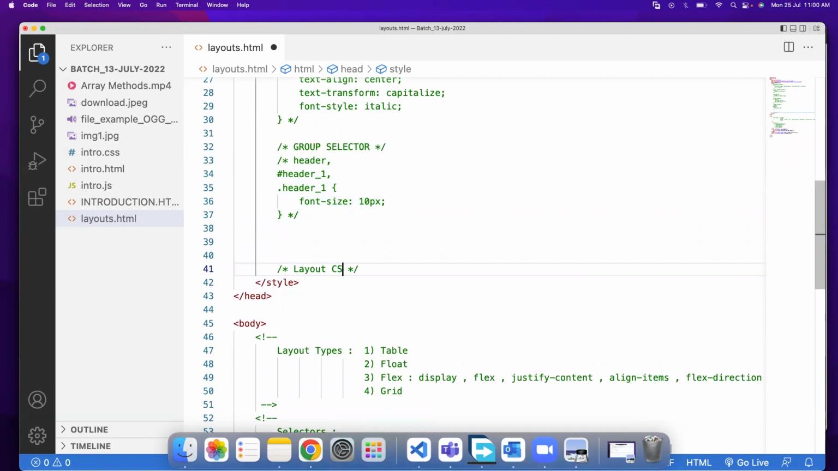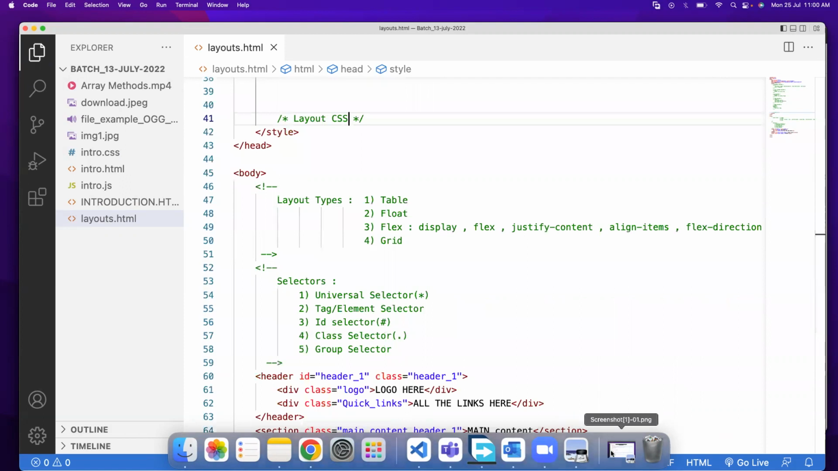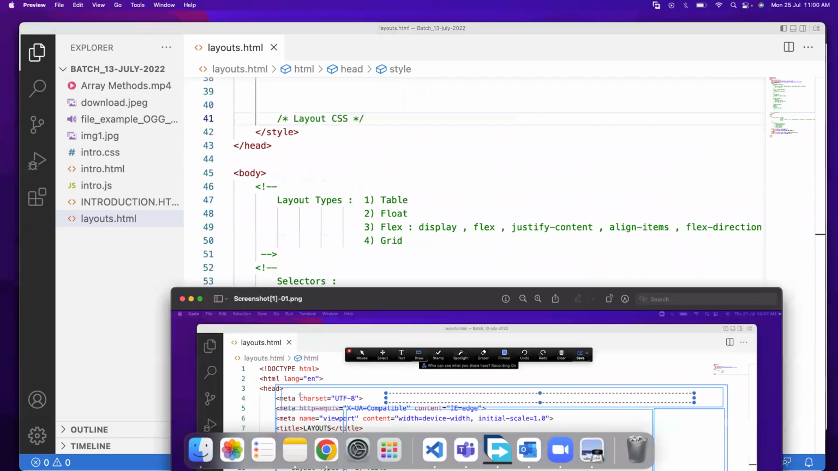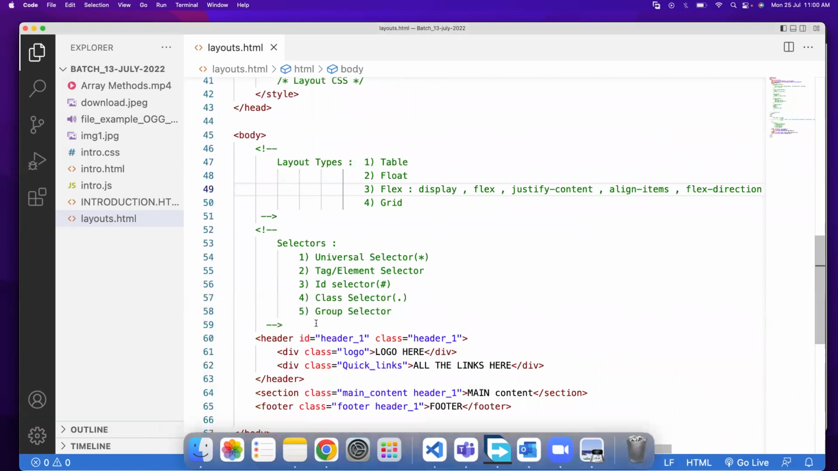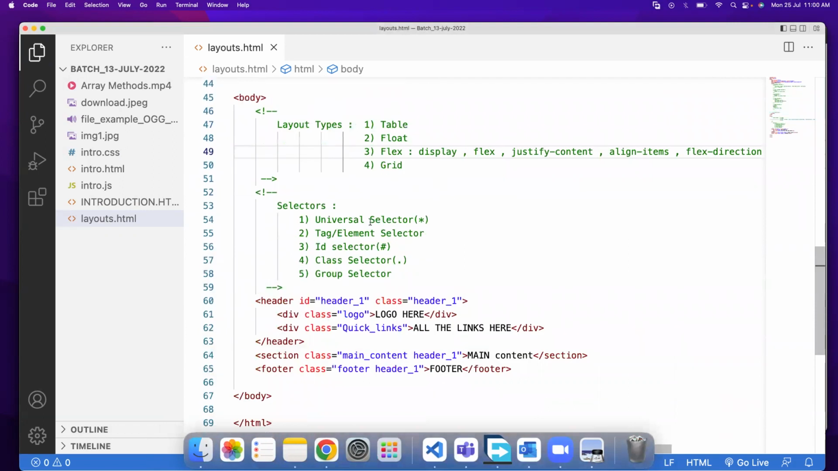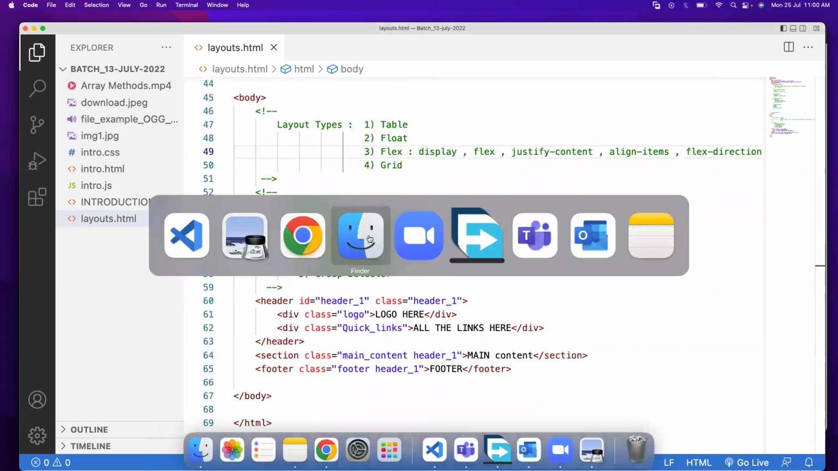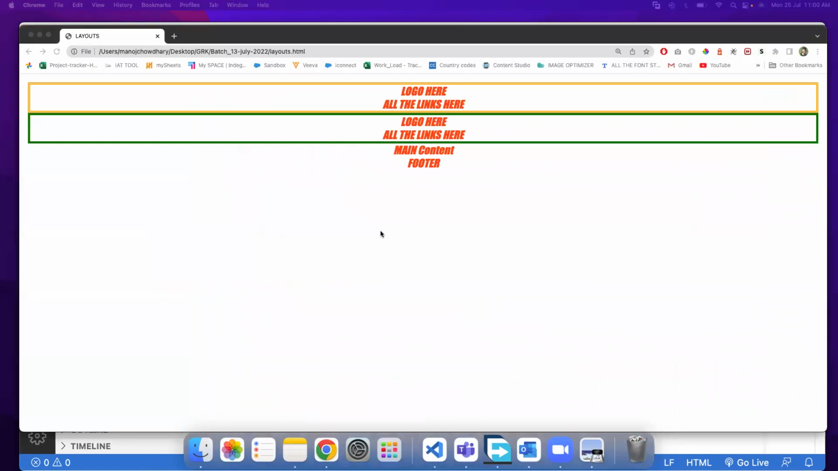Layout CSS. So first, what I need to do is create this one, right? I need to create the parent. If I want to create a parent, I already created a parent header. So you can see the output, right? Where is the output? So this is the output. The header already has a border. You can see. So what I need to do,